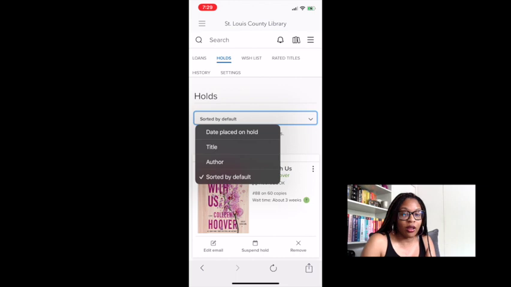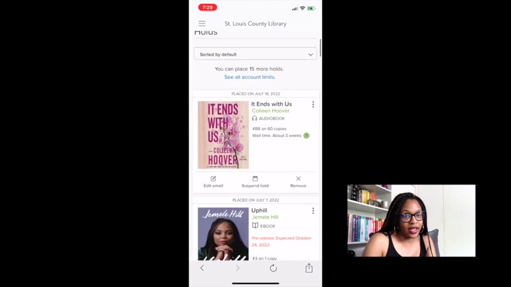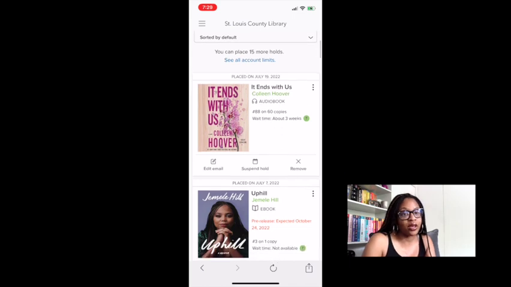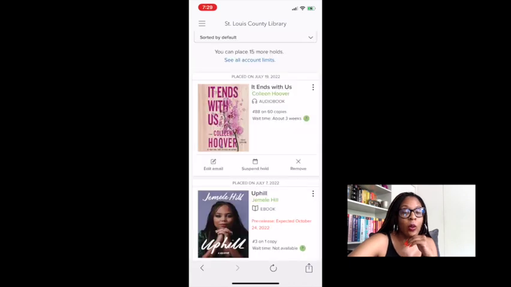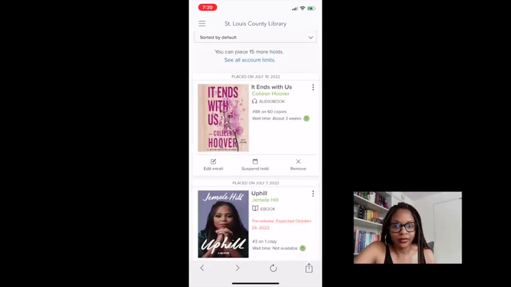I can have up to 5,000 on my wish list, as I mentioned, and that's what I was actually showing, not the details related to the Colleen Hoover application. So I'll be talking about that in one moment. I hit that green check mark. You can see that I am line 84 out of 60 copies, 237 people waiting. Quite a bit of intrigue with that. All right, so